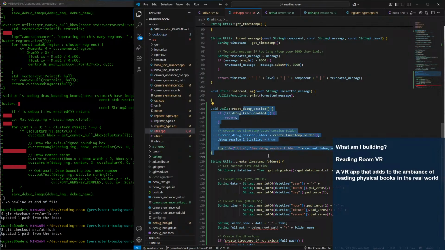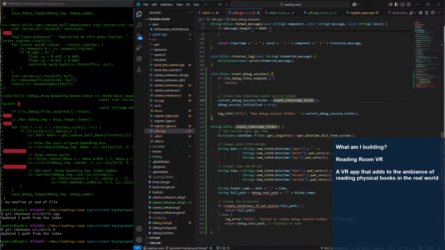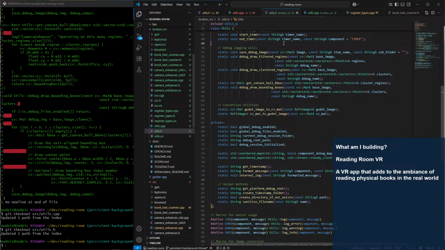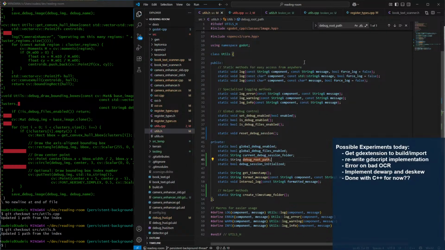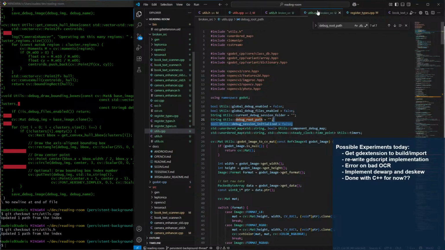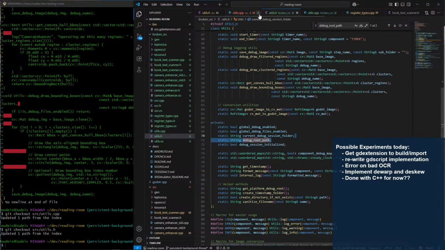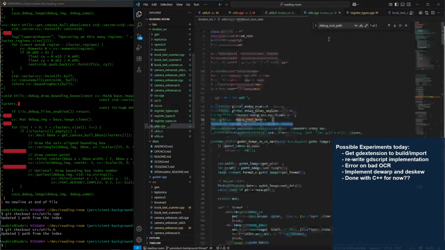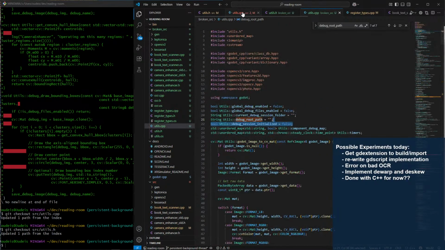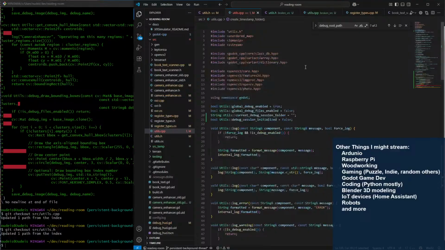Cool. So now this whole method's happy, but now we've got a new one that's not happy. The debug root. So that also finds its way in the .h, right, as a private. And then in the .cpp, it ends up at the top.